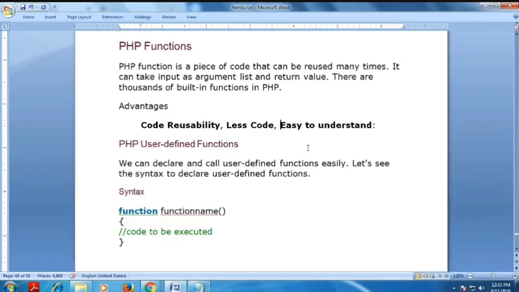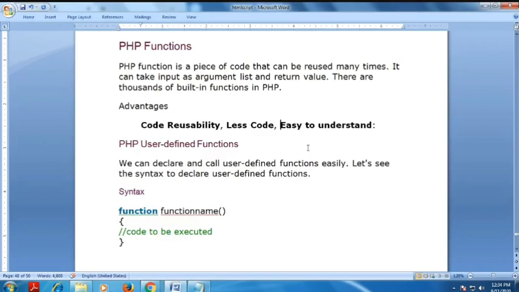First, we go for PHP user defined functions. What is the meaning of a user defined function? If a user writes the function, it is user defined. Actually, as we saw before, any language already has more than one built-in function. All those functions are built into the program. But if you write your own function in a program, that function is called a user defined function. The user defines the function.